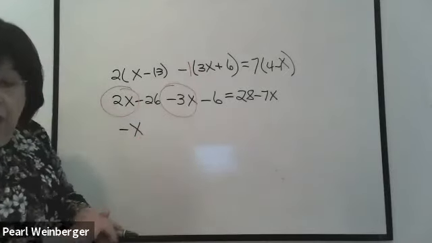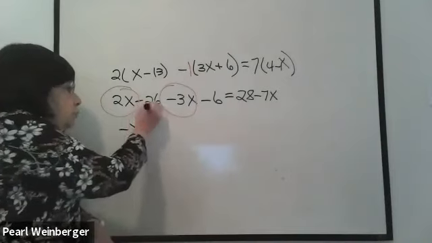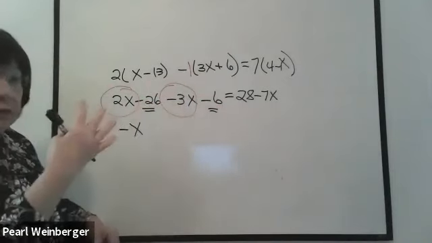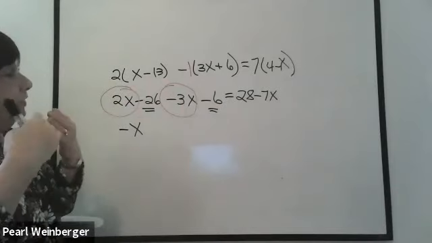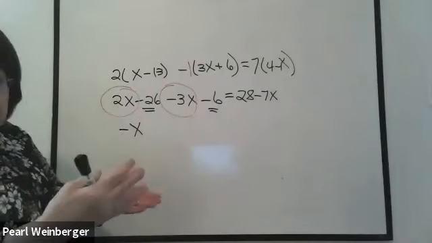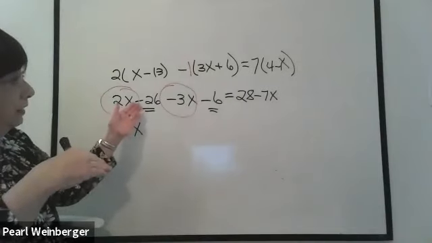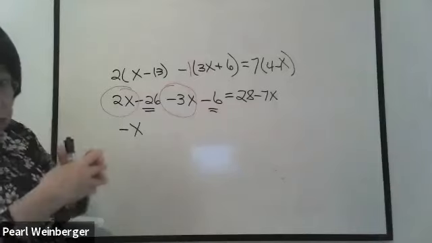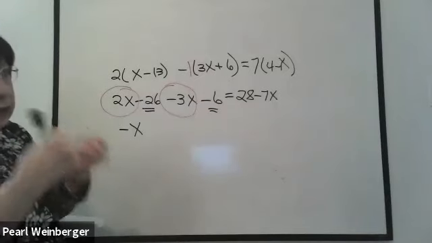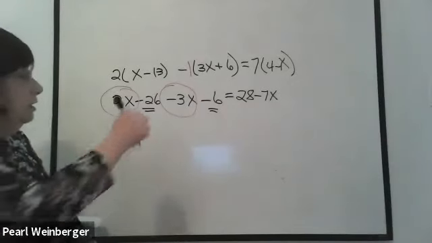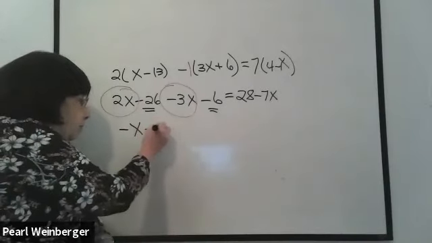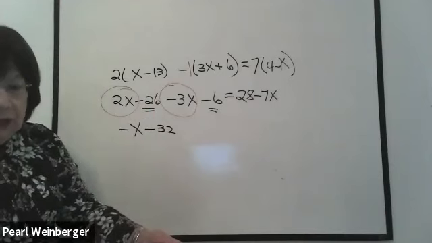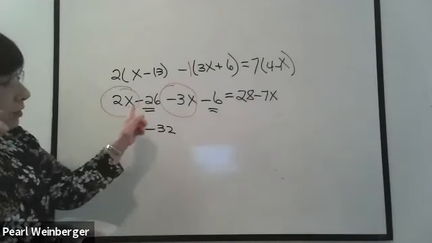Then we can combine the -26 and the -6. They're on the same side, we can combine them. How much do we get when we have -26 minus 6? So we're combining two like terms, so 26 and 6 gives me 32. And when you're adding, you keep the common sign, so that becomes -32. Again, if you're making mistakes with your signs, just stick it into your calculator.